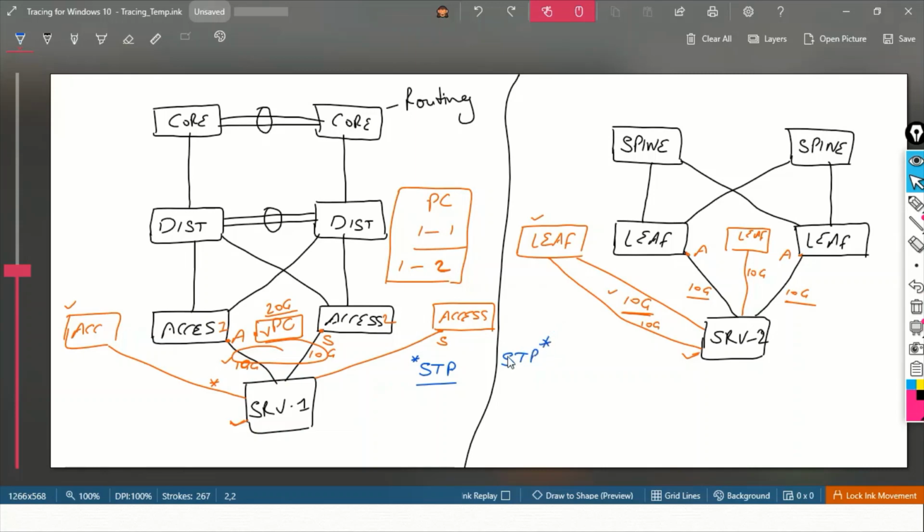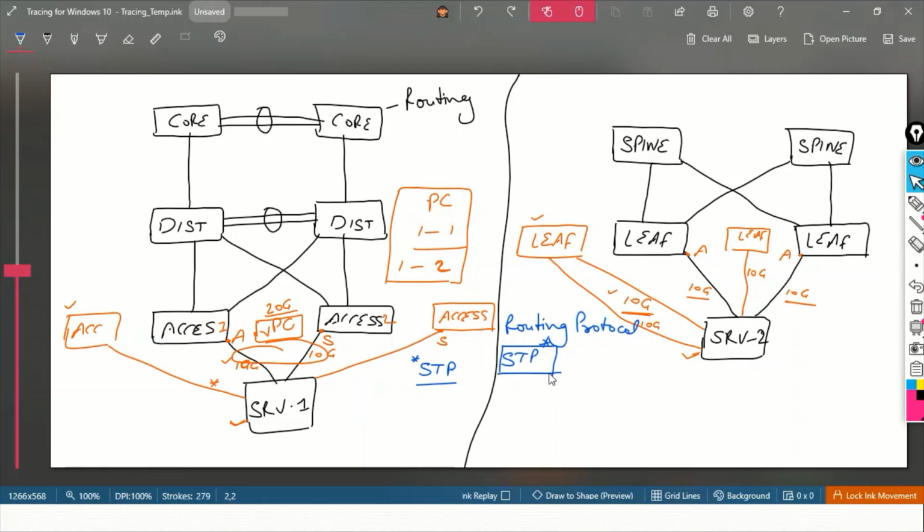So they run a routing protocol on top of it and say that STP will work when this routing protocol gets turned off.